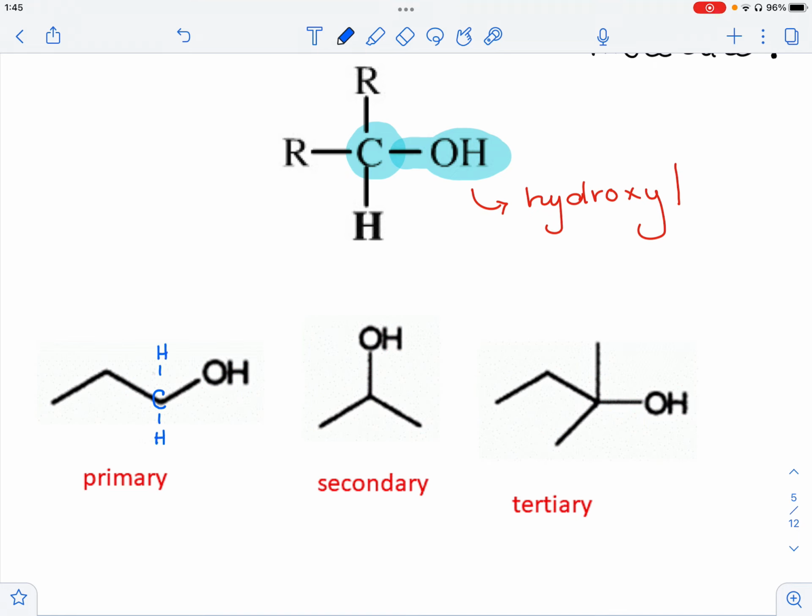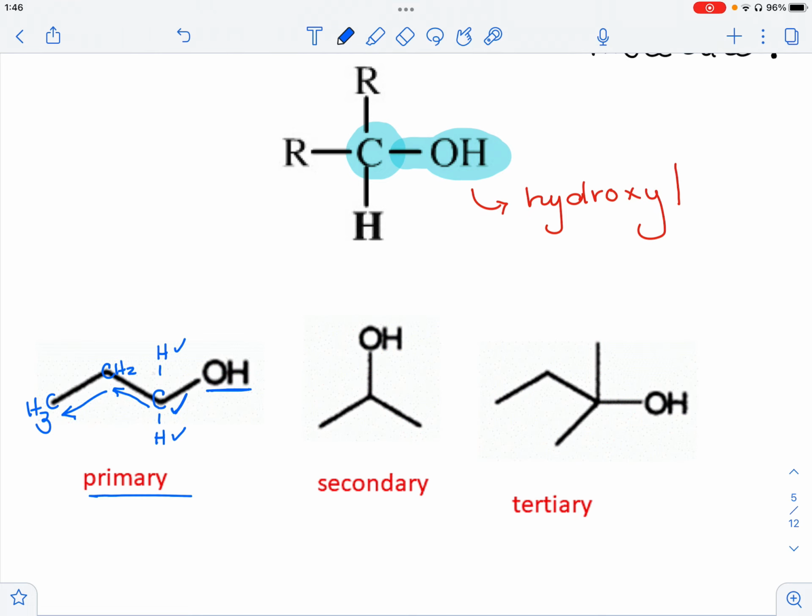As you can see, when we look down the road at this skeletal structure, it has a CH2 here and a CH3 here. So because the carbon atom that is holding the OH is bonded to two hydrogens and only one carbon chain, when we look down the arrows that I'm drawing, that's why